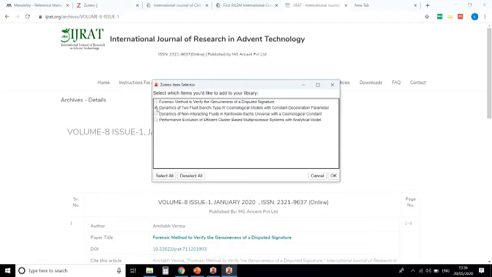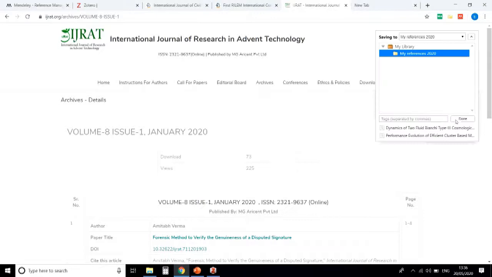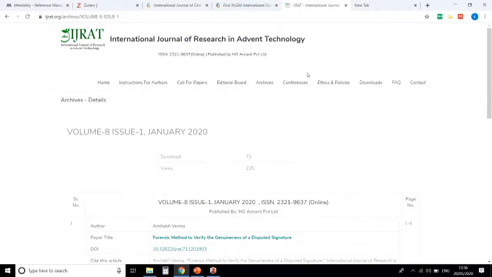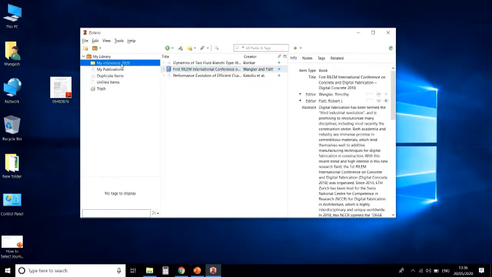You can see in my references 2020 folder, the book reference is added in Zotero. Two journal articles are added in my references 2020 folder.